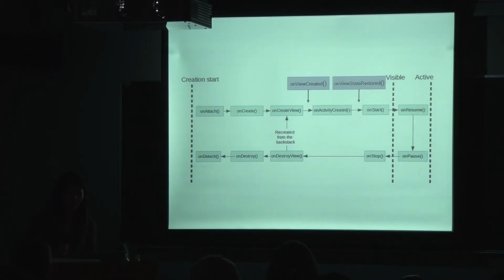OnCreate comes up next, which you are undoubtedly familiar with. You need to be careful here because a lot of times in your activities you'll probably put a lot of your setup code and your initialization stuff in OnCreate. You want to be a little bit more careful about the initialization and setup that you put in the fragment's OnCreate, because you don't want to put any code here that will rely on the parent activity's view hierarchy, because you don't know for sure that it exists yet.